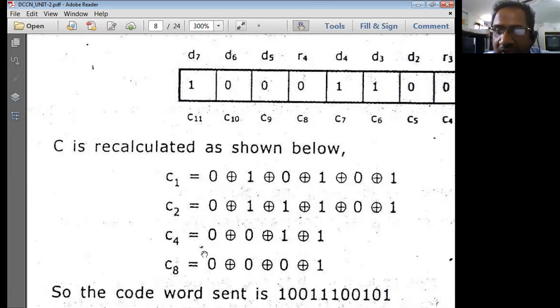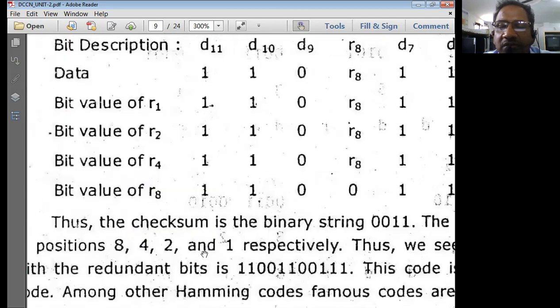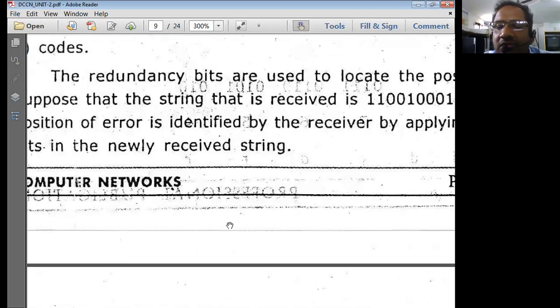Okay, so with this we'll end our session. In the next session, we will cover the last topic, that is the error control method. We discussed long back the functions of the data link layer, such as line discipline, flow control method, and error control method. So there is one more method left for us to discuss, called the error control method. After we complete the error control method, we'll be completing unit number 2.